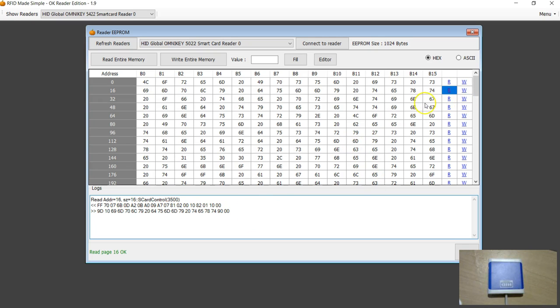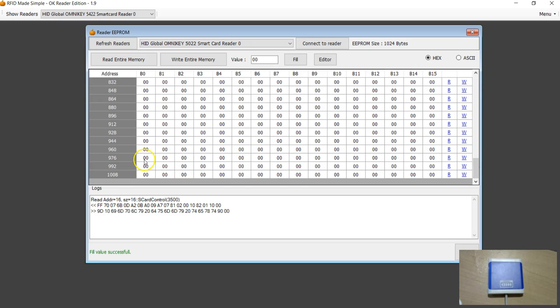Likewise, if you go and write, I'm going to change probably all these 16 bytes to 0. Then I'm going to write this. You could have just filled everything with 0 fill, but I want to write only, so go to the page that is at the end, 976. So I want 16 bytes starting from address 976. If I hit W,